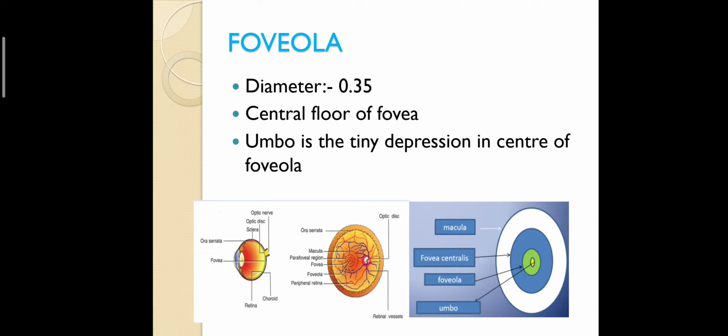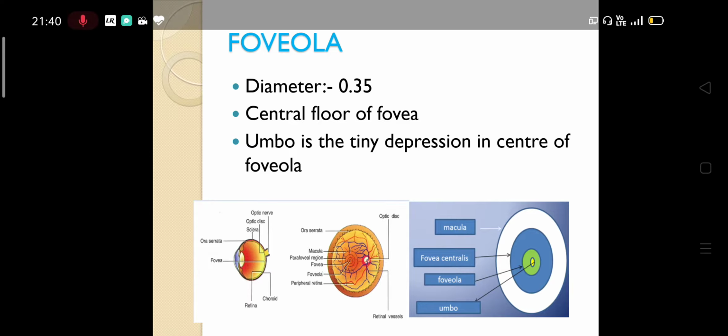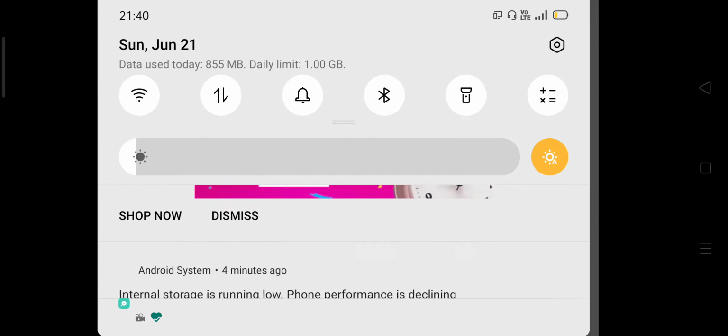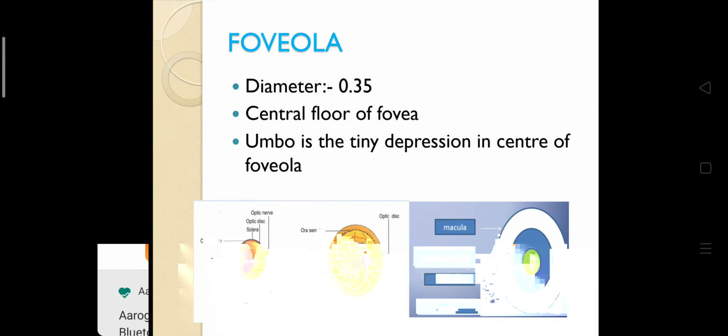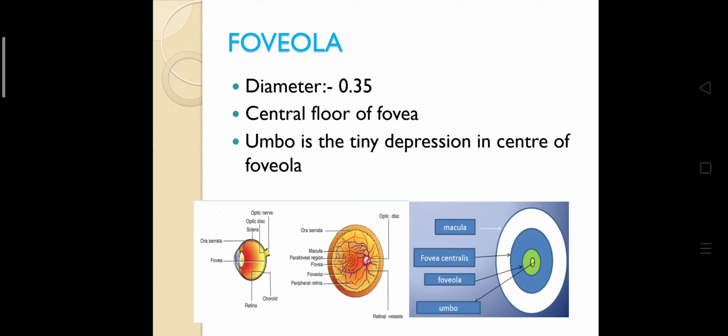Within this there is a tiny depression in the center of the foveola, called the umbo. This is the reason it is called the yellow spot, because within this tiny depression you can see a foveal reflex